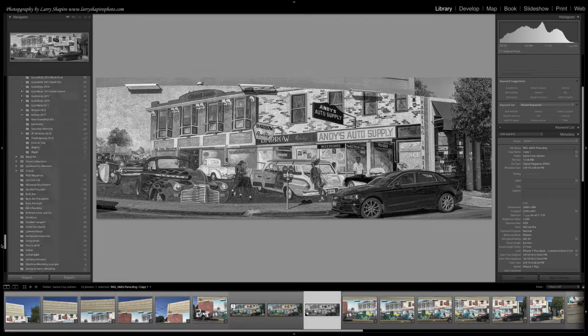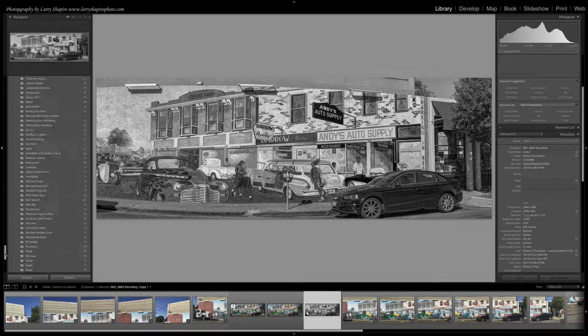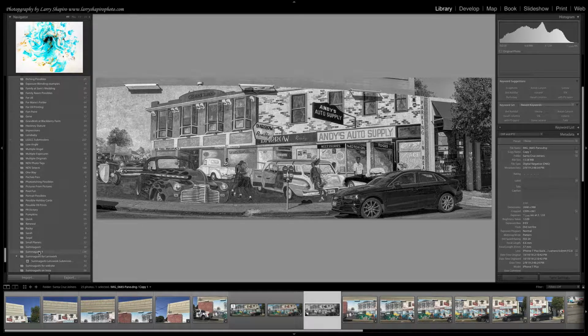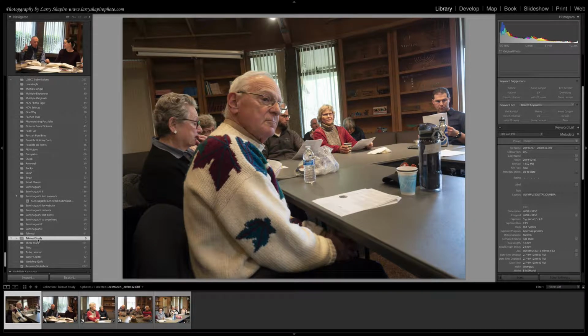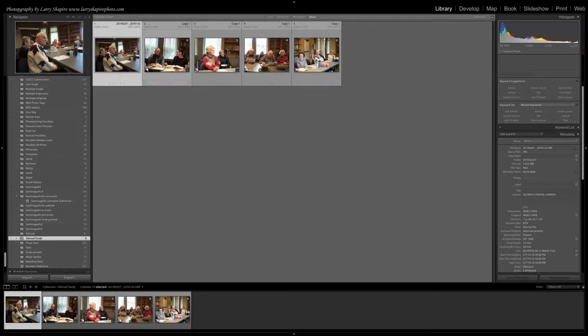Okay, so I'm going to scroll down here. All right. So I've got 6 pictures here. I'm going to select all of them, and then I'm going to go up to the book